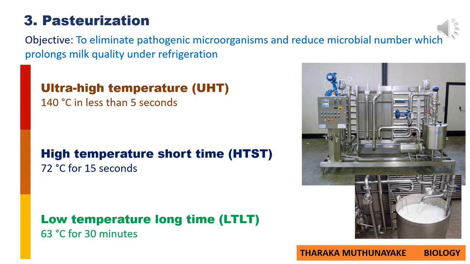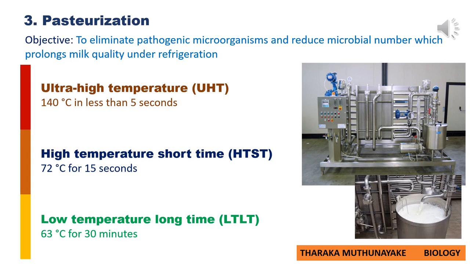Actually, Louis Pasteur found that spoilage of beer and wine can be prevented by applying mild heat. That mild heat kills microorganisms that cause spoilage without seriously damaging the taste, texture, and nutritional content of the product. Later, the same principle was applied to milk products, now known as pasteurized milk. That means pasteurization is done mainly for milk. In addition to that, it can be done for beer and wine as well, but mainly for milk.